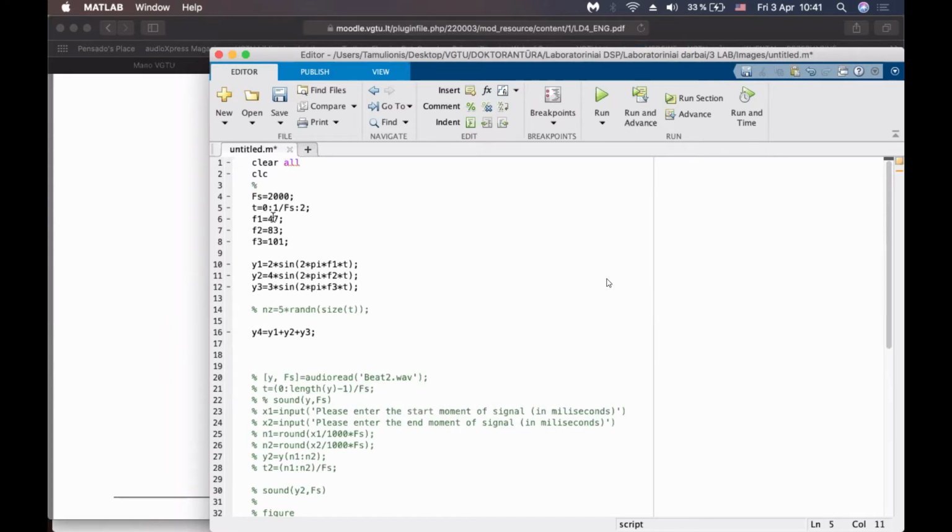I have three sine waves, different frequencies. It's, for example, 47, 83, and 101 hertz. And let's think that my sampling frequency is 2000, and I'm creating a time vector for 2 seconds. And here I'm making a time period, 1 divided by sample rate. Okay, so here I'm creating a three